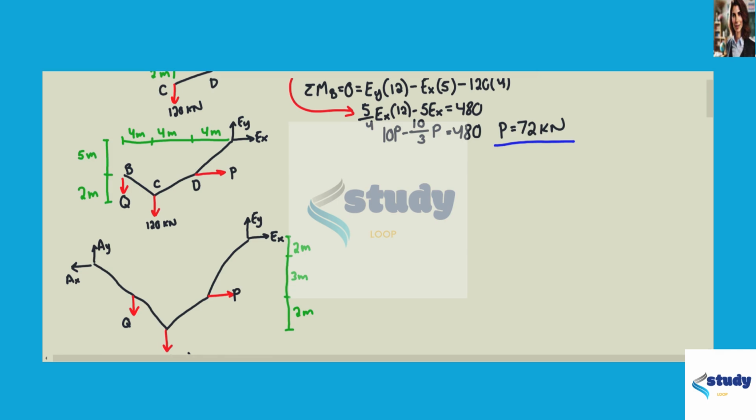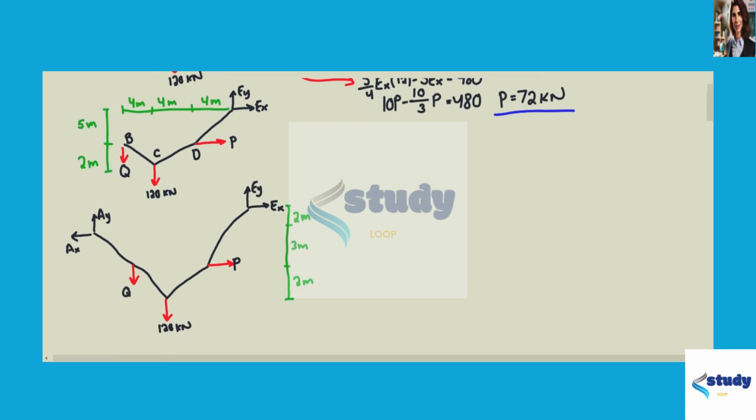We're now going to do a free body diagram for the whole thing from A to E. We're going to include the reaction forces at A. AY is in the positive Y direction, and AX is in the negative X direction. We do the summation of moments around A, set equal to 0. So it's negative Q times 4, because there's 4 meters in the horizontal direction between A and B. I'm going to subtract 120, which is the force at C, times 8, because there's 8 meters in the horizontal direction between A and C, plus 72, which is the force of P, times 3, because there's 3 meters in the vertical direction between A and D,